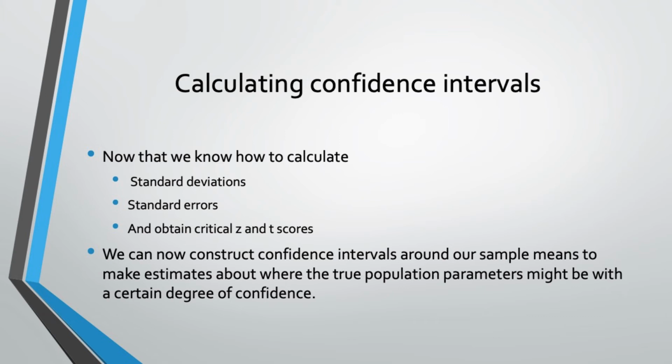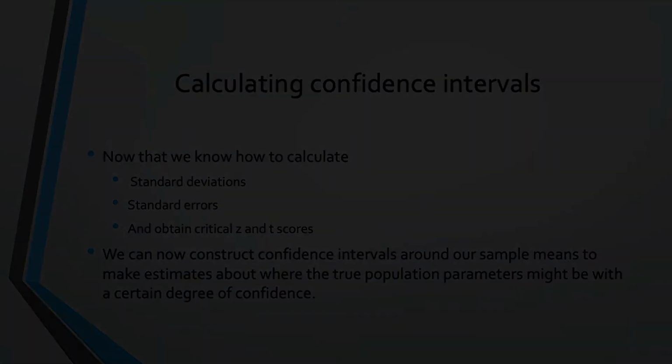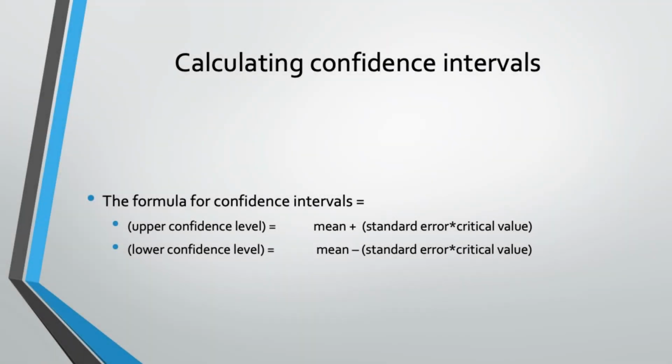So in the previous examples, we were hypothesizing that the population parameter might be something. We were comparing our samples to see if we could reject or confirm that idea. And in both cases, we rejected the idea that the hypothesized population parameter was true. So when you don't have a good idea of what the population parameter might actually be, this is where confidence intervals come in handy. We take the standard error and we multiply that by a specific critical value to obtain